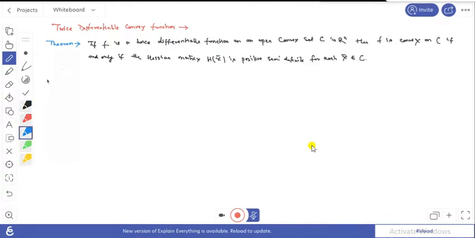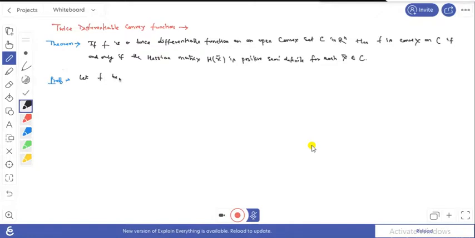So the proof is: let us assume that your function is twice differentiable and convex, and you have to prove that this has a positive semi-definite Hessian matrix. And then the converse part: if this Hessian matrix is positive semi-definite, then you prove that the function is convex. Okay, so let f